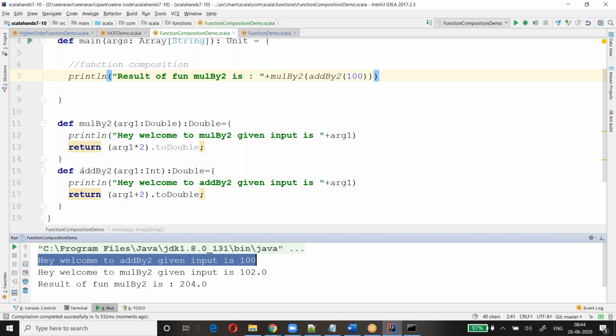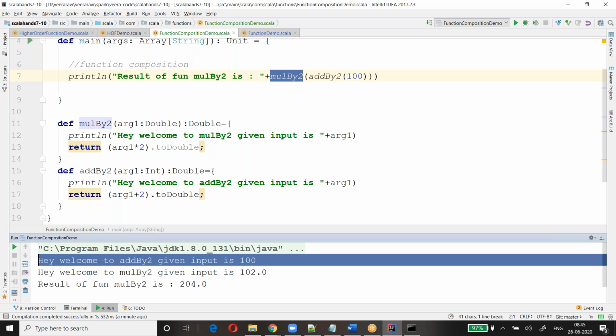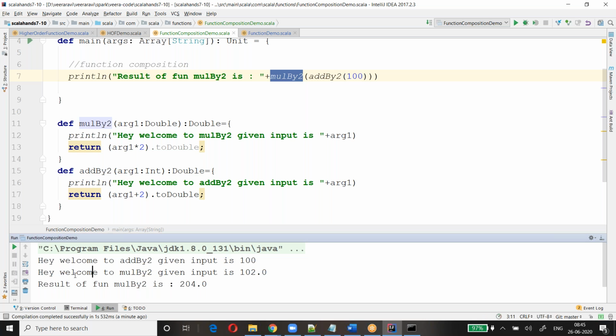Okay, it means this is done. Whatever argument you have passed, 2 is added to it. It means 102. After that, this result became 102. Now 102 is going to multiply by 2. Next statement. Hey, welcome to the multiply by 2. Given input is 102. The result is